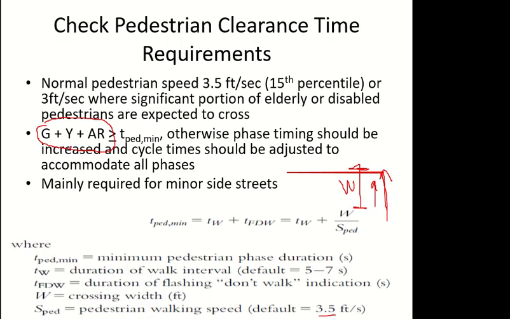So this will give you how much time the pedestrian needs, and then you compare it with the time which you have already calculated. You calculate green, yellow, and all red. So you add them together and compare it with this one. This combination should be higher or equal. Otherwise, you need to change the signal timing. Okay, it's not safe for the pedestrians. Your signal is not safe for the pedestrians. And if somebody did not give you these pedestrian speed values, like 3.5 feet per second or 3 feet per second,